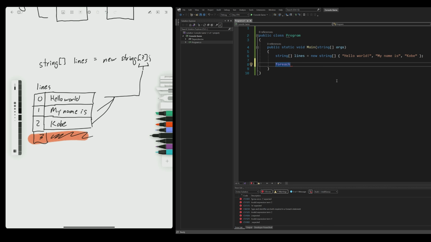Foreach. What does that sound like to you? It sounds like for each. I think we can kind of guess what it's going to do. The IDE is actually going to try to suggest to me, and I'm going to take its suggestion, string line in lines. We're saying for each, so for every single string, which we're going to call line, in lines, which is right here. So for every single string line, which is this, this, and this, in lines,